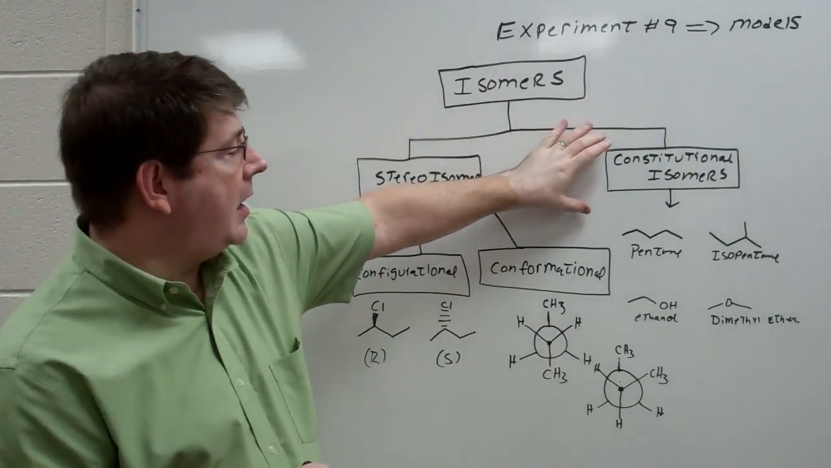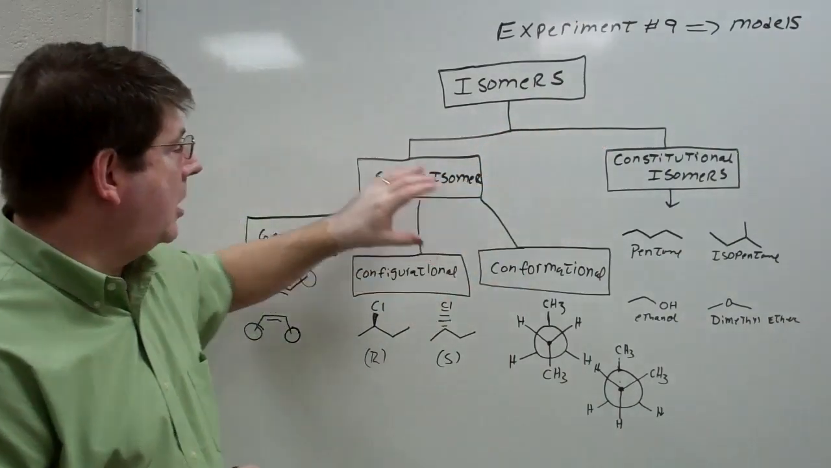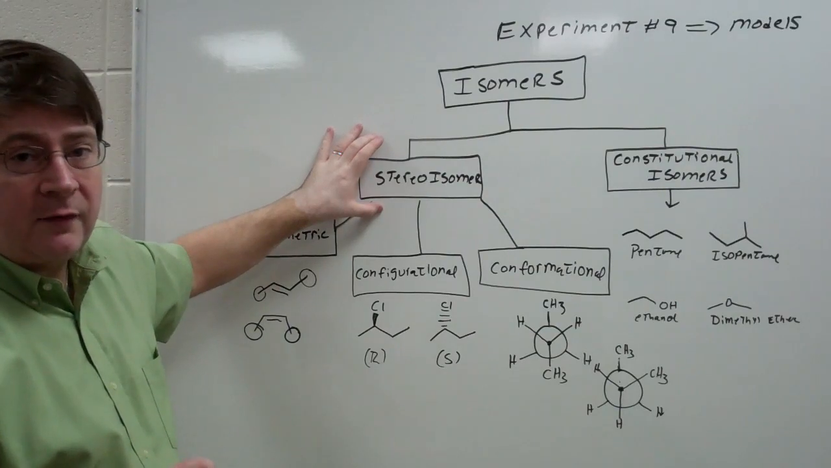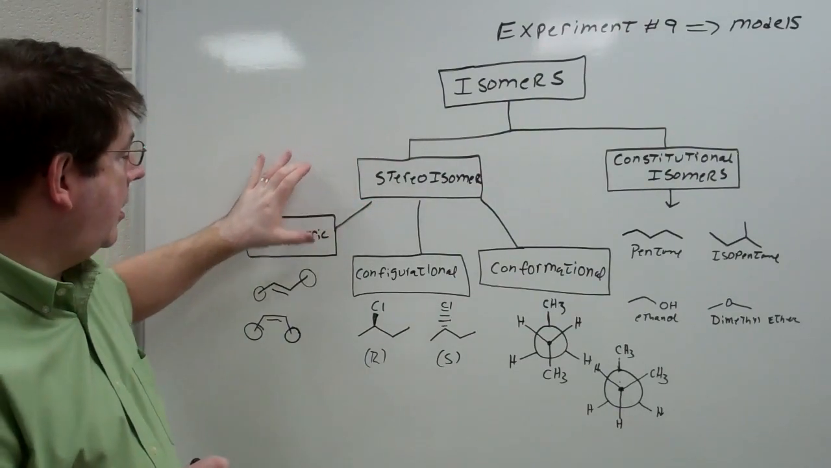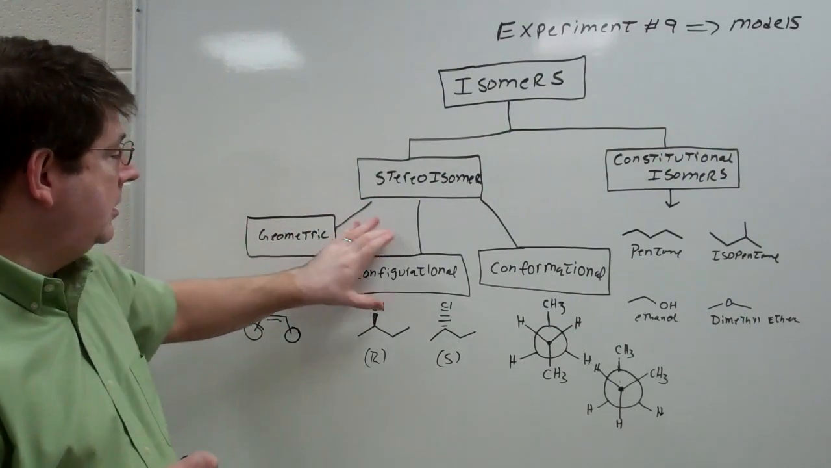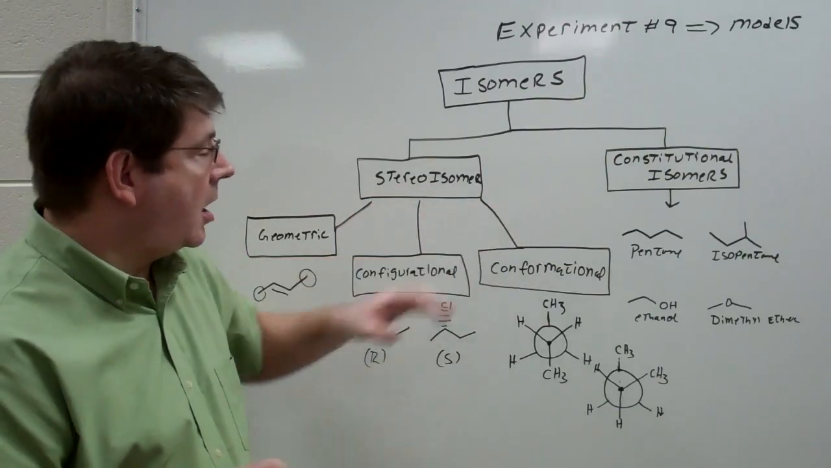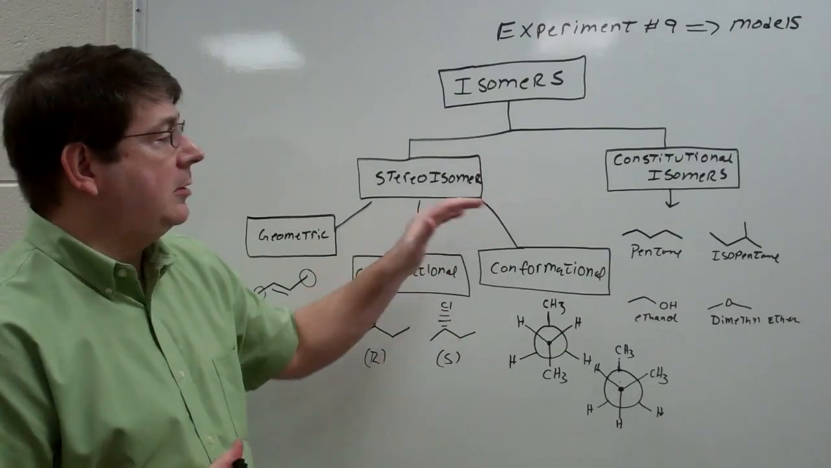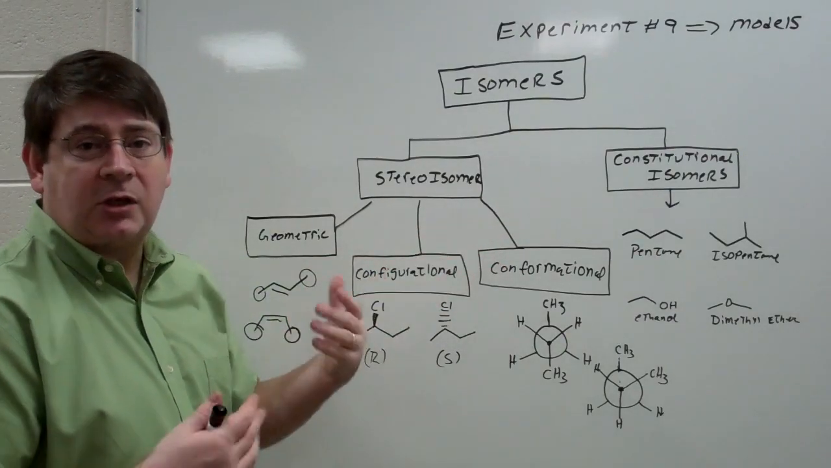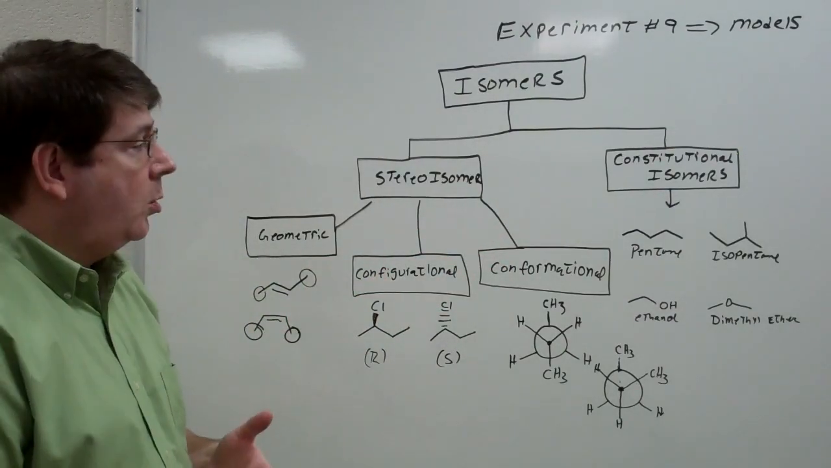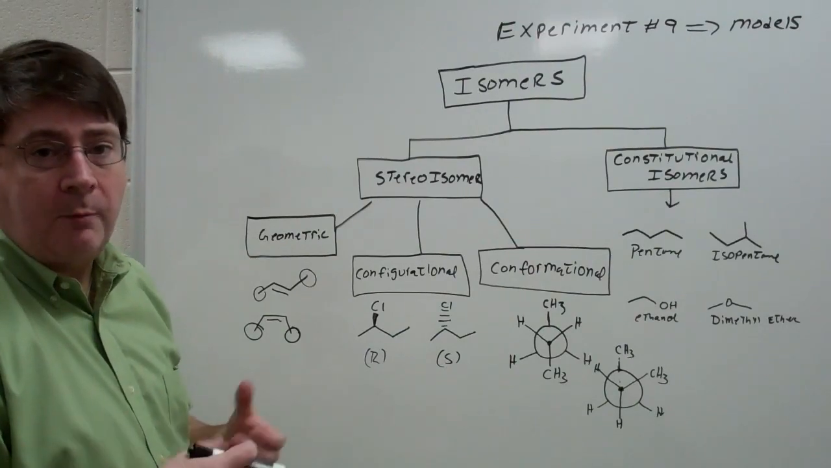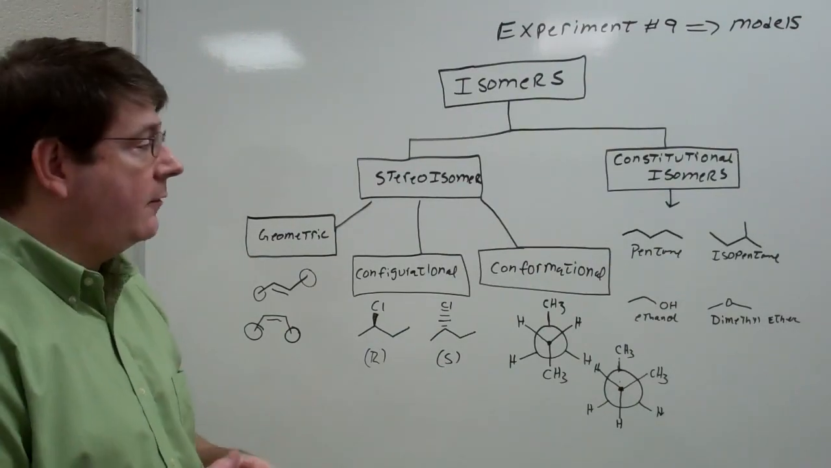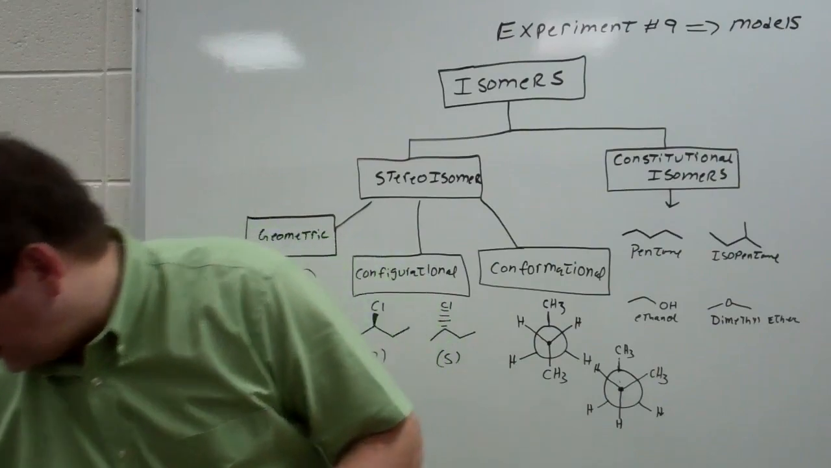Basically, you need to know how to identify constitutional isomers, and you need to know how to identify the various stereoisomers that we have, the geometrics, the configurationals, and the conformationals. And what you're going to be doing this week in lab is actually building models of all of these things, and it's actually going to be a discovery process where you learn how to build and use models and discover some things. So let's look at the